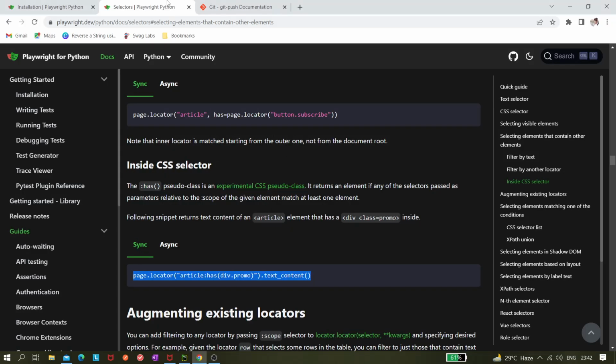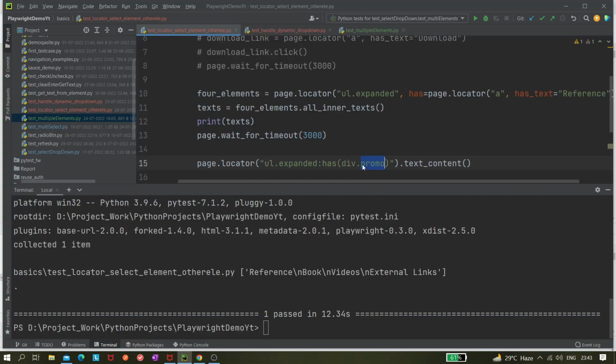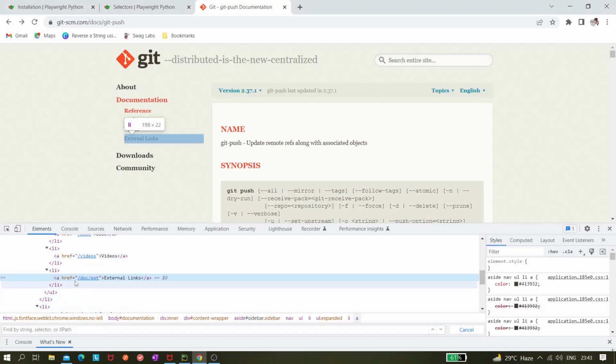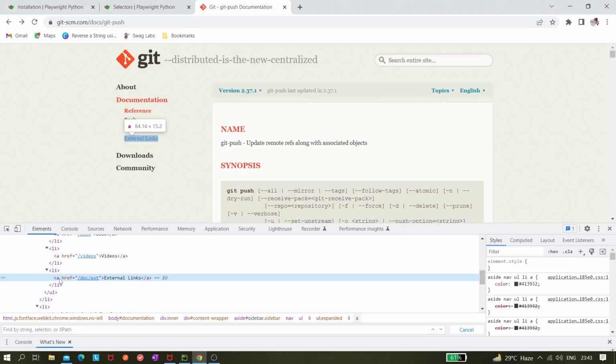Let's see whether anything we can use here. I think there is no such thing as div.promo, where the dot means the class reference. Here we do not have any class, and to create a CSS here. So what we can try,